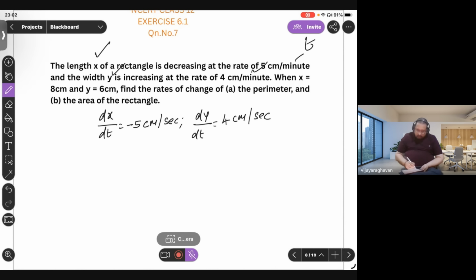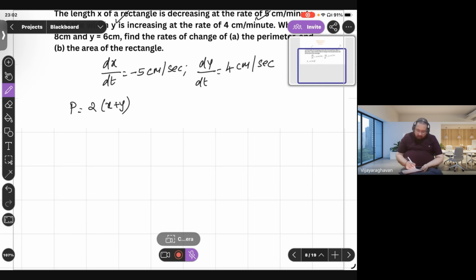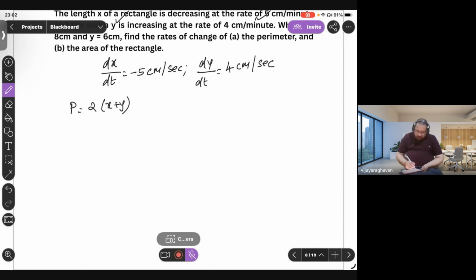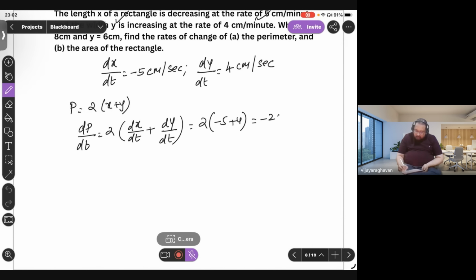Fine. So perimeter equals 2 times (x plus y). So the derivative of P with respect to time is dP/dt equals 2 times (dx/dt plus dy/dt), which equals 2 times (minus 5 plus 4), which equals minus 2 centimeter